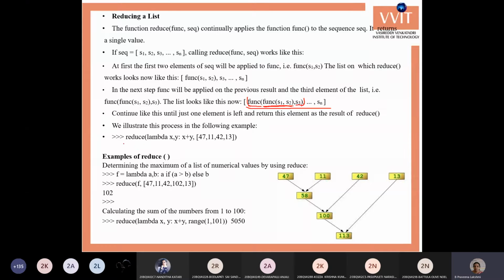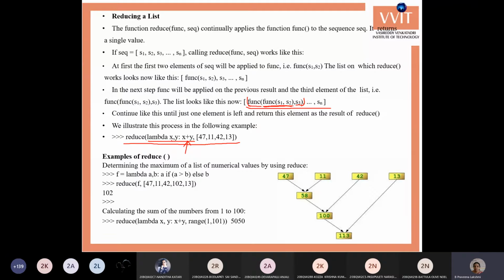We can write an example like this: the addition of the numbers in a list. Reduce of a lambda function, where x and y are the arguments for the lambda function, and the operation to be performed is x plus y. We want to perform the addition of two numbers at a time.